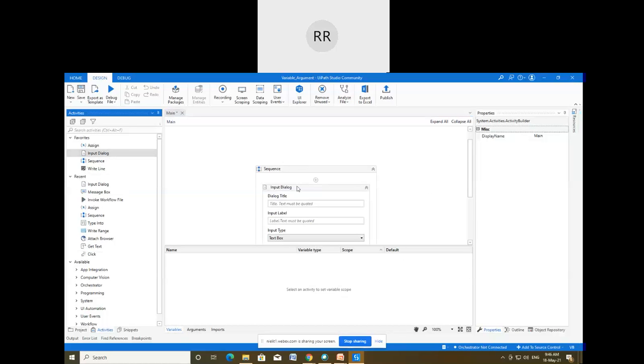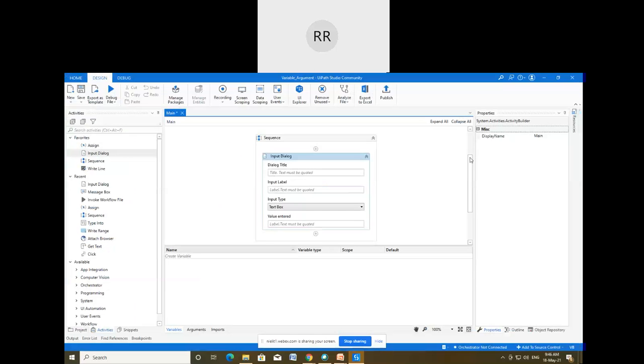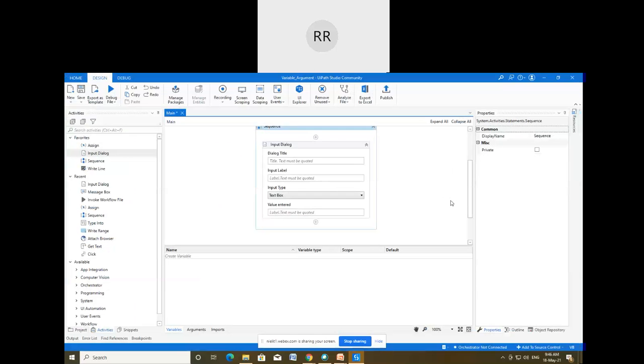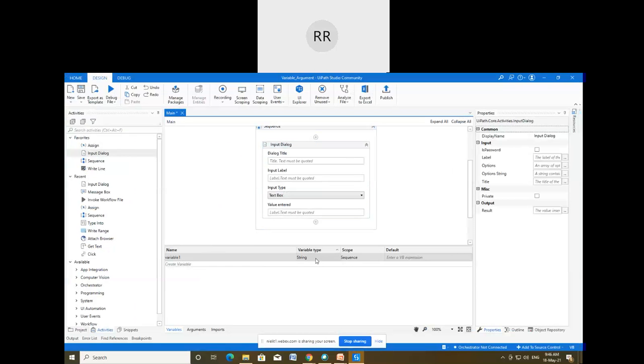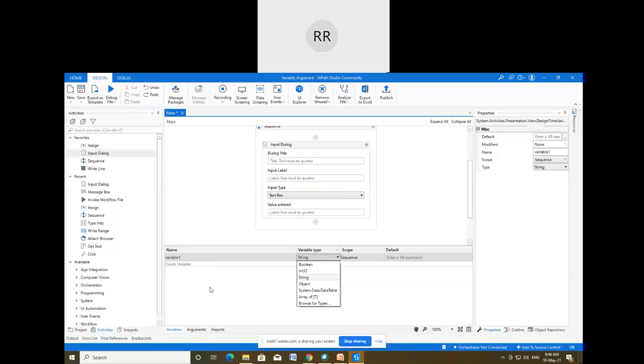So now you can see this variable panel has been enabled. Now we are getting the option of create the variable option. Again, this is the type, and by default the type of any variable is the string type. And then again scope. And what is scope? We'll discuss all those fields one by one.